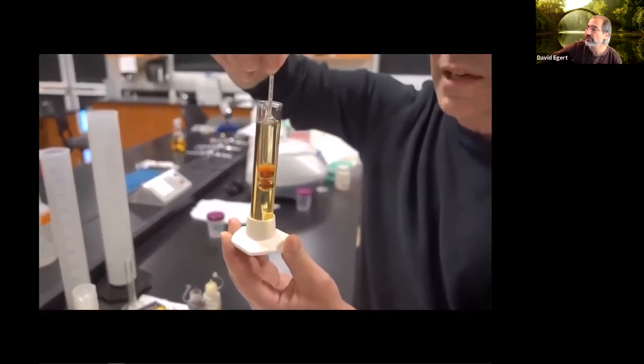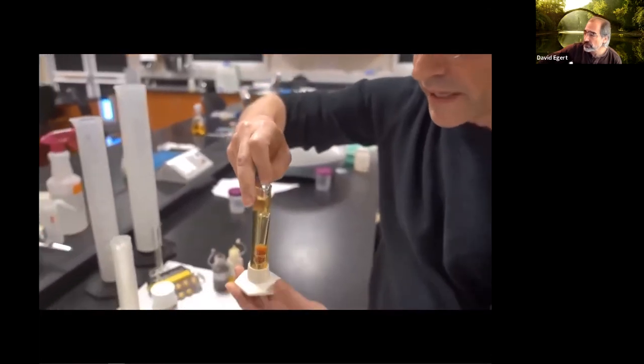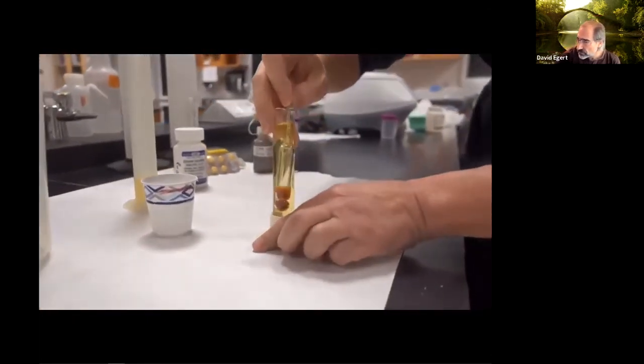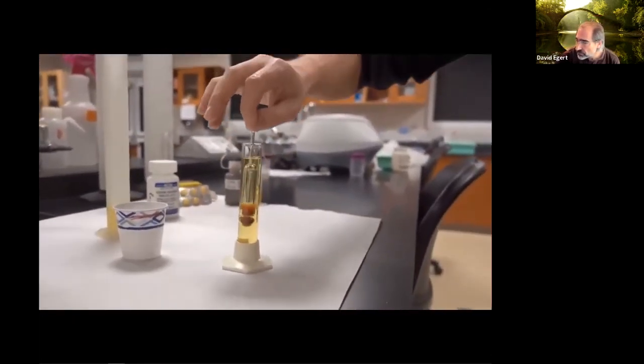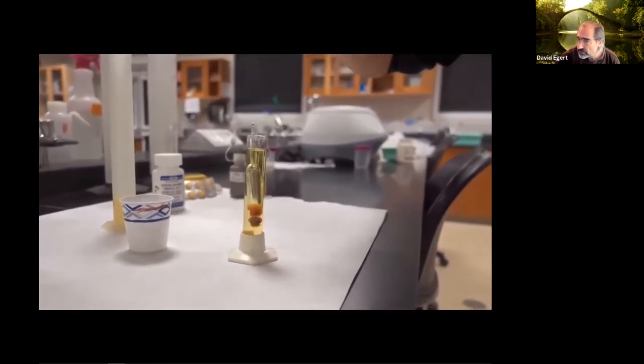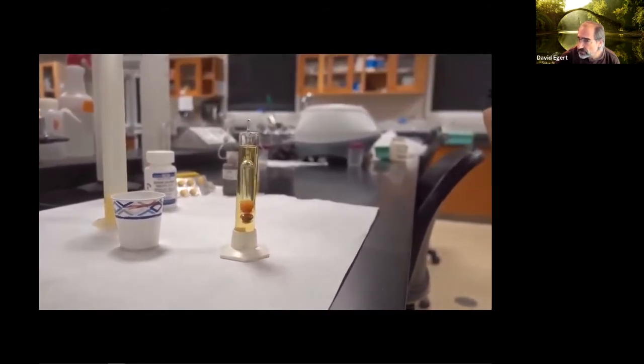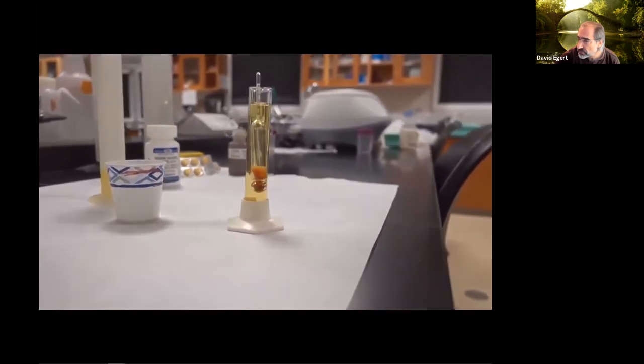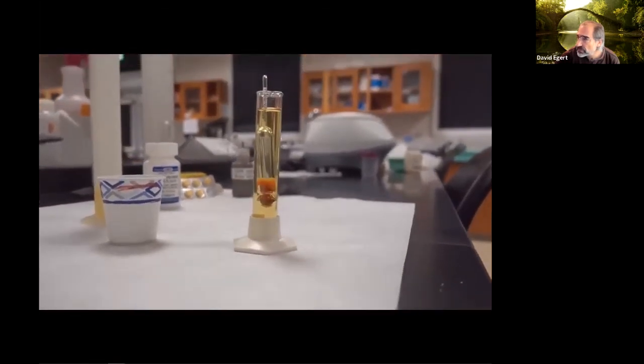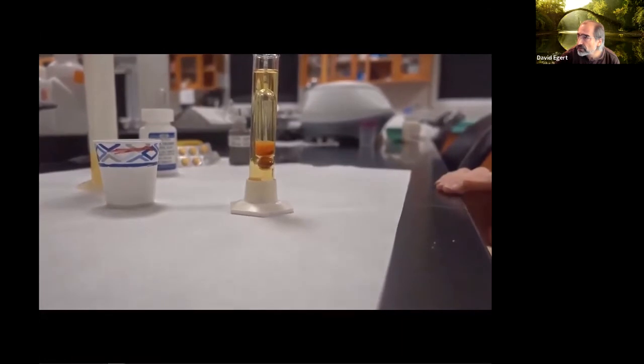I want to give it a little spin. I'm going to put it down here, just kind of little style. You give it a little spin as you drop it so it doesn't stick to the walls. And then as it settles in, I can look here and it's about